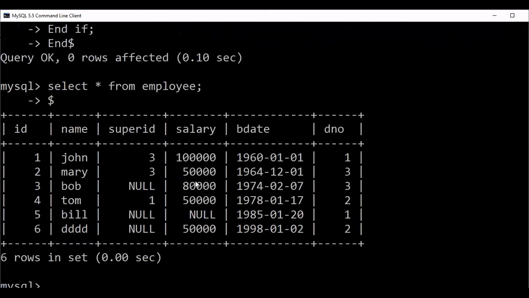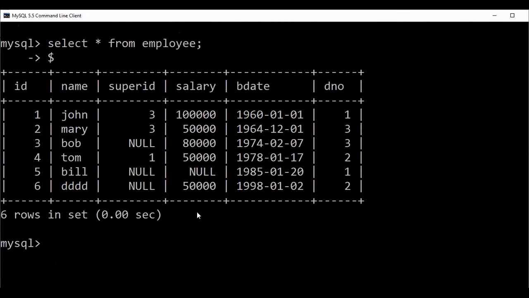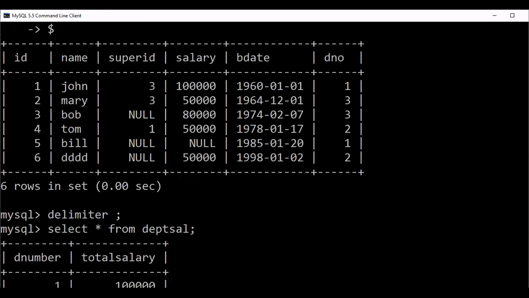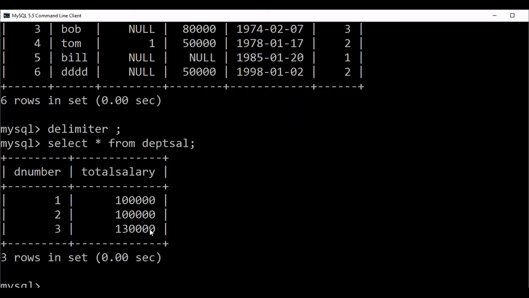Let me delete this Bob row. Previously, in the department salary table, select star from department salary, for department number 3 the total salary is 50,000 plus 80,000, that is 1,30,000.